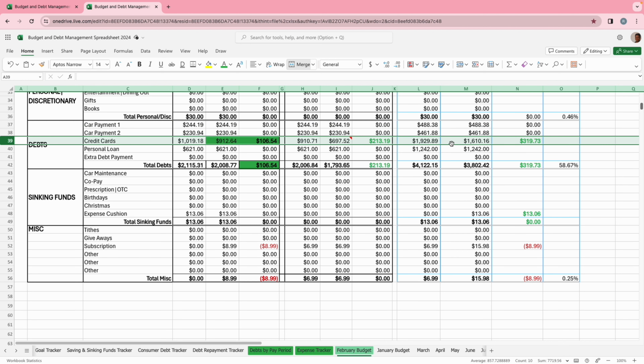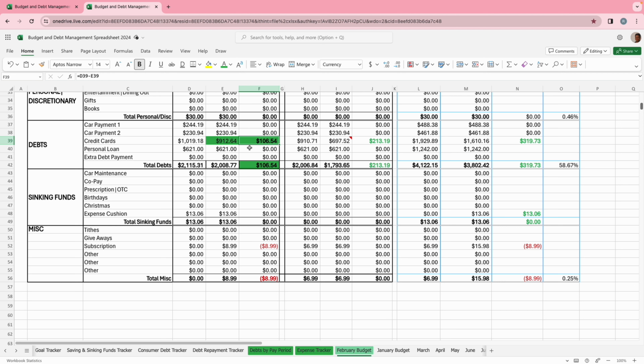Credit card, I budgeted $1,929.89 and actually spent $1,610.16. For the first paycheck in February, I underspent by $106.52, and